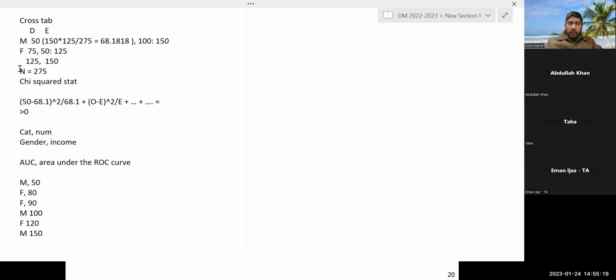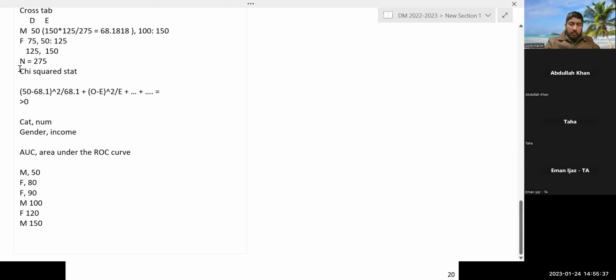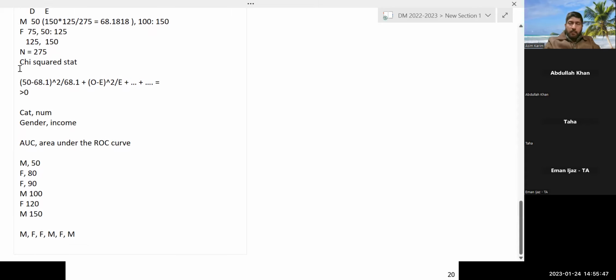So we have the sorted order of genders is what? M. So there are one M, there are two Fs, then there is another M, then there is a F, and there is a M. So मैं इसको sort में लिखूंगा तो you have M, F, F, M, F, and M. So total हमारे पास कितने हैं M? तो तीन तीन है एक्चुअली, राइट। 6 हमारे पास टोटल वैल्यूज हैं।